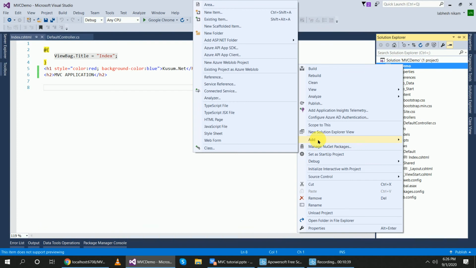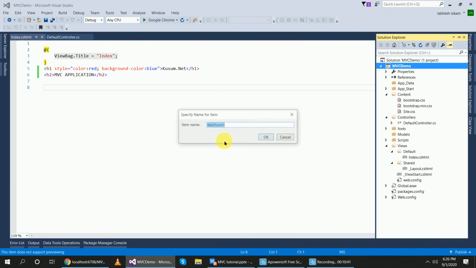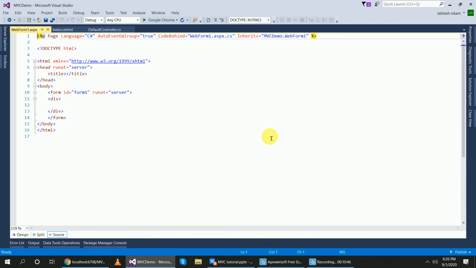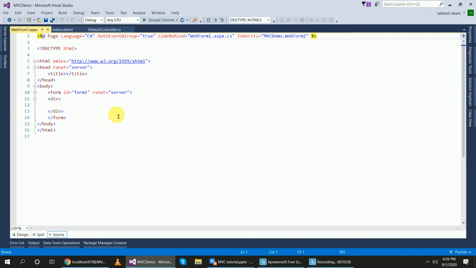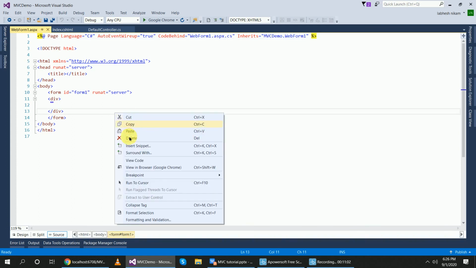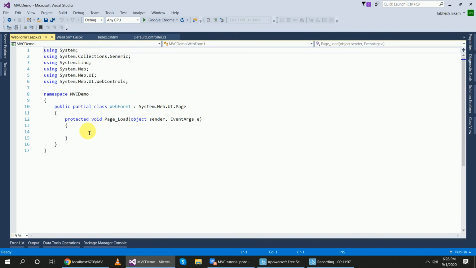So add web form. Okay, this is web form 1. This is my web form page. Now no need to create an index page. Here I created an index page, but in the web form it is automatically created. To write at the code side, you will select view code and write here.